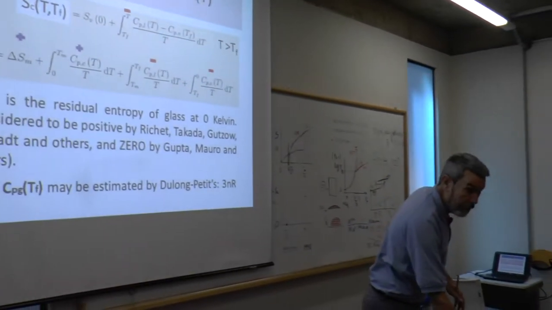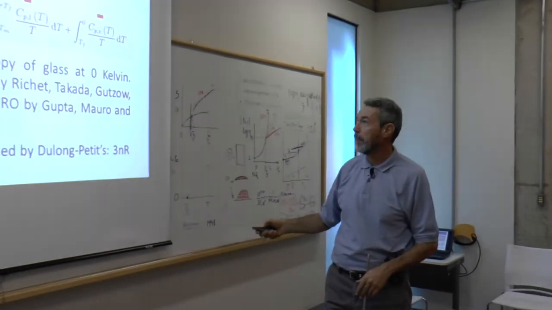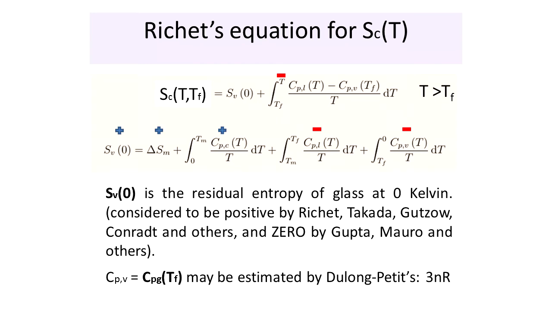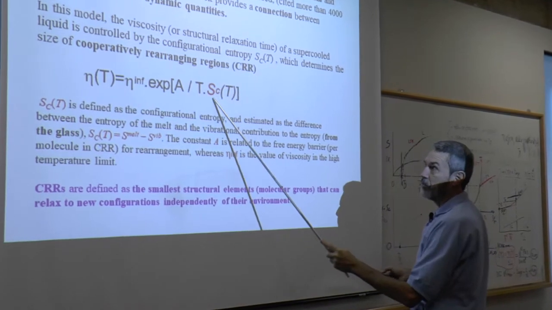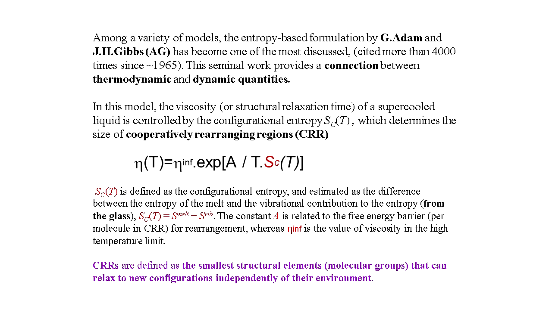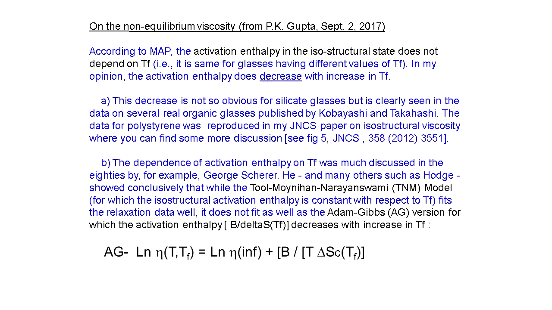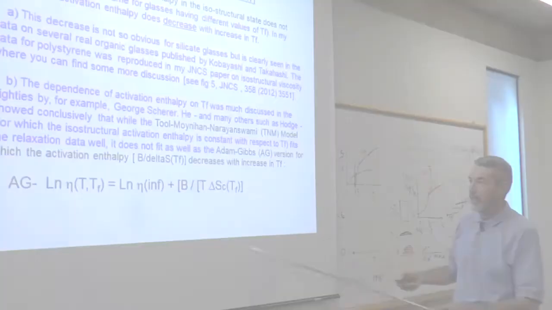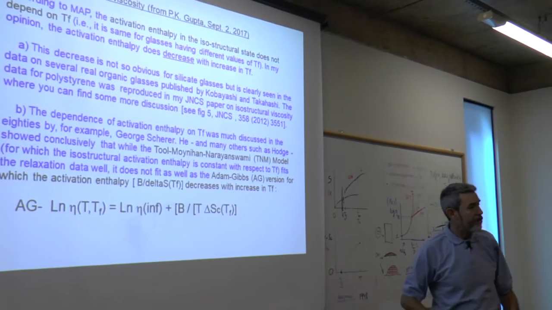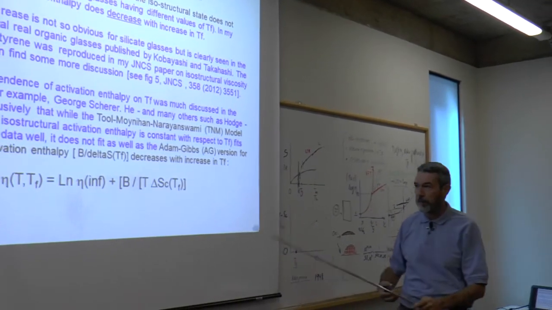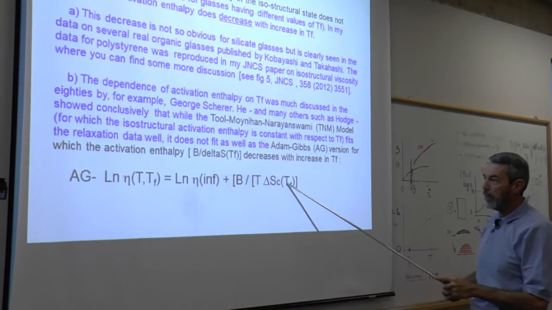If you calculate this properly, it's very nice because then we can estimate the viscosity, since we have that. Even better than that, for a fixed TF, if TF is fixed, this is, you don't have to read all the text in this transparency because you're going to have access to the transparency, but my point is that if TF is fixed,